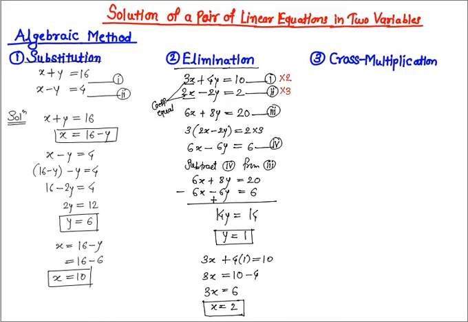equations. So in this method, we are basically making the coefficients of any variable equal and we are eliminating it. So in this case, we made the coefficient of x equal in both equations and we subtracted to eliminate it. So that's all about the elimination method. Let's move on to the cross multiplication method. Let's understand this method from an example.